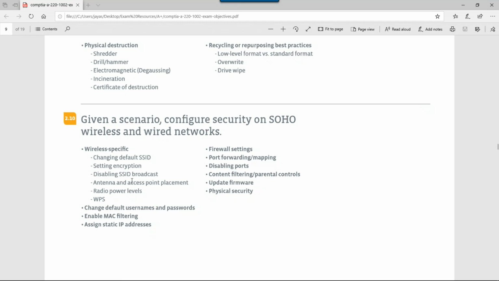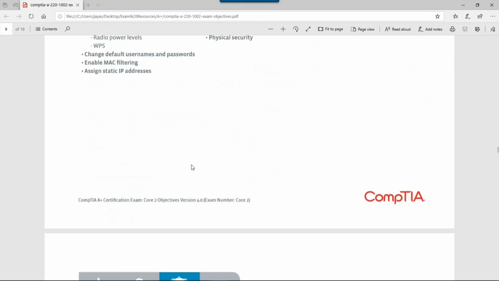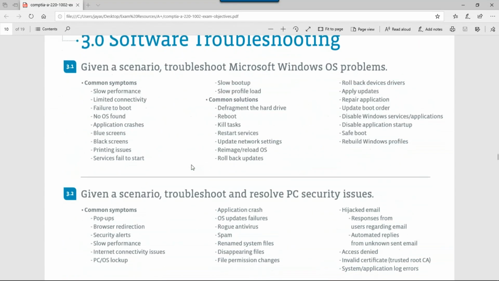We actually did an activity on this on Friday in the Net Plus session. So if you want to get an idea for how to do this, you can go watch that replay. We did it on the hands-on simulator. We actually did an activity that had antennas and access points, and we placed them throughout the building in the way that they asked us to. So definitely something you probably want to get some good practice on.